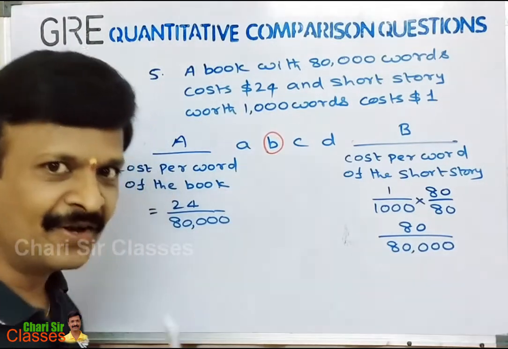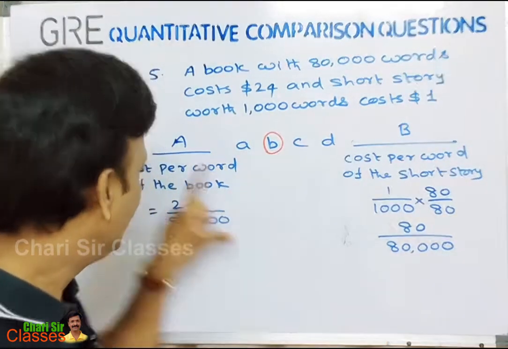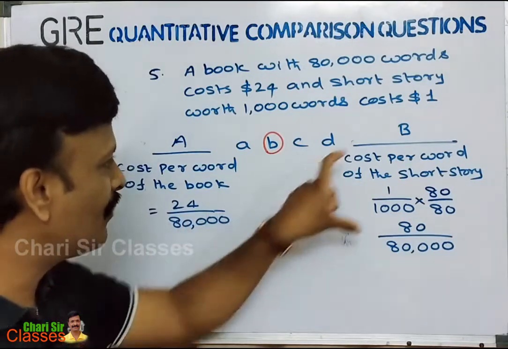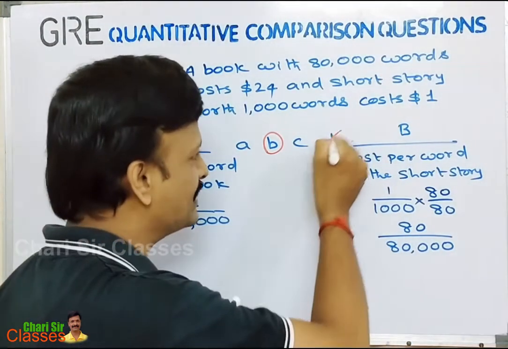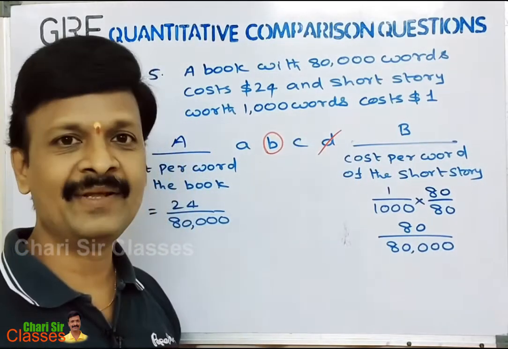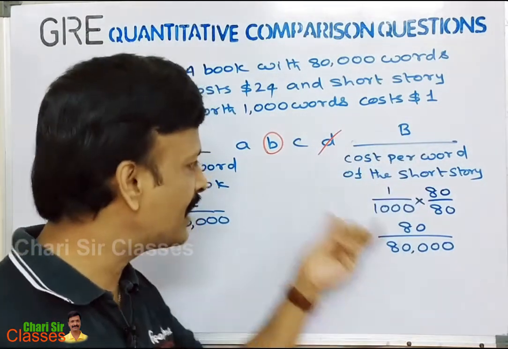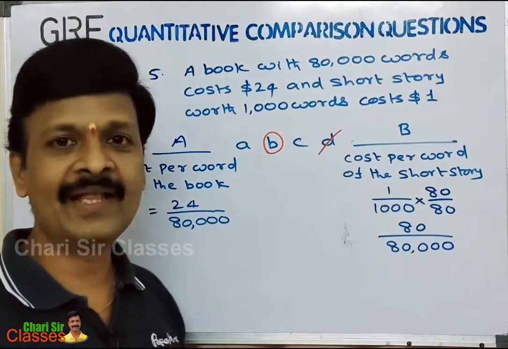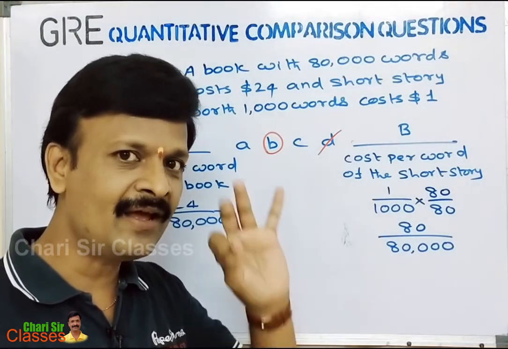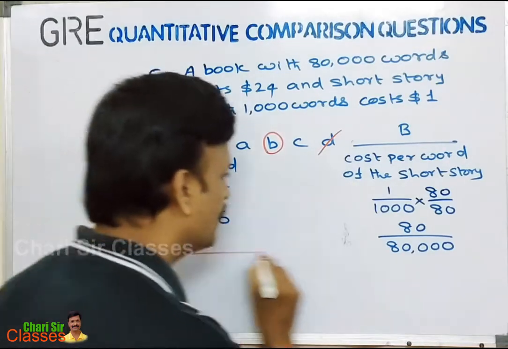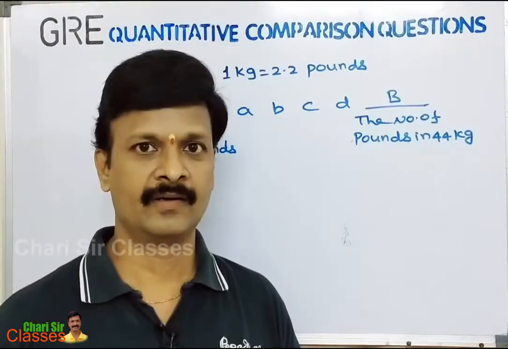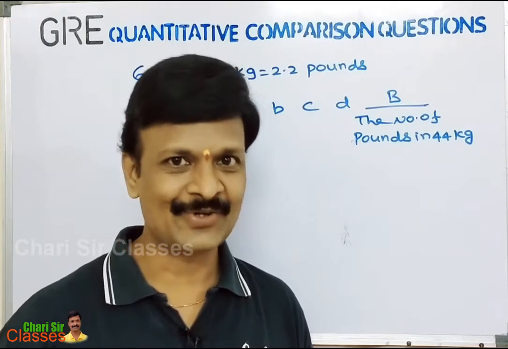And in this, one more point. Here quantity A is representing a number, quantity B is also representing a number. In advance you can also cancel D because D can never be the answer. So when numbers are there in the quantities, D can never be the answer. Either A or B or C will be the answer. Here for this question, B is the answer. You can close it. So, unit conversion, next question number 6.